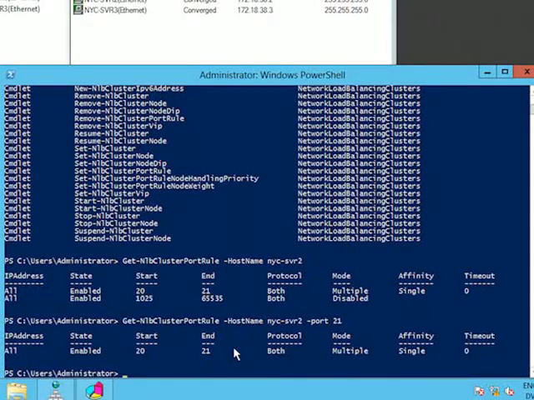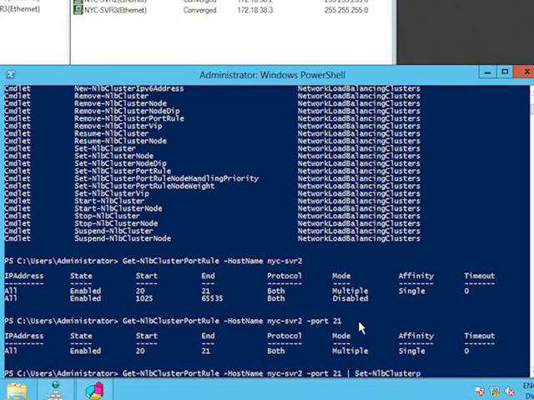Alright, sounds good. I want to be able to tell host 2 that when it processes port 21, it's going to do so using a different node priority weight than other nodes in the cluster. Maybe server 2 is half as powerful as server 3. Server 3 is the big beefy server. So what I'm going to do is get this port rule and pipe it to